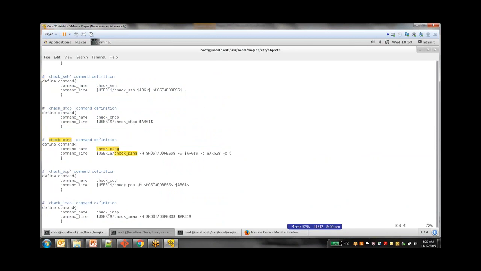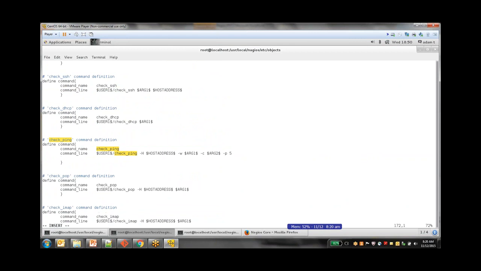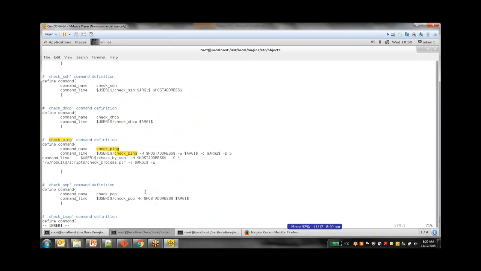Okay, now here, if you see, this is what it will do when you want to check it for the local server, right? But now, what is our need? Our need is to run it on a remote server. So in that case, what you will do is, simply instead of calling this directly, you will be calling the check by SSH first. Okay, so that means